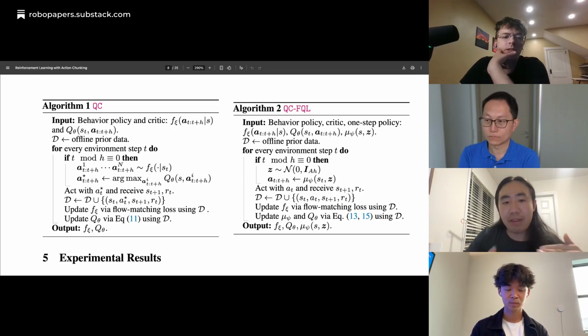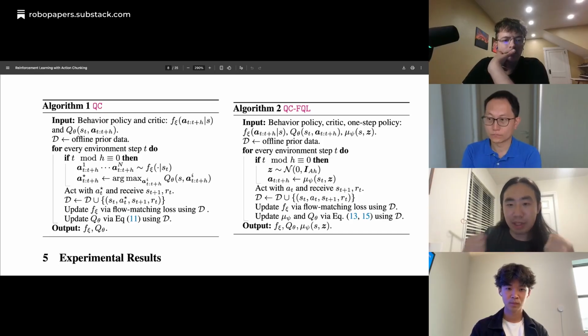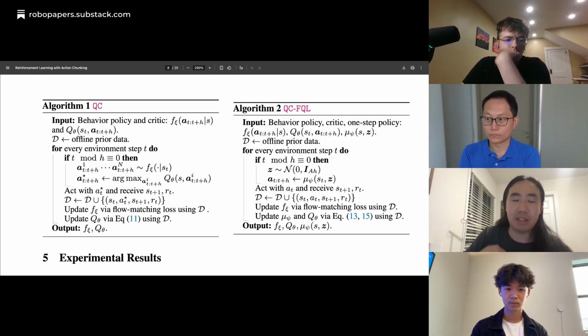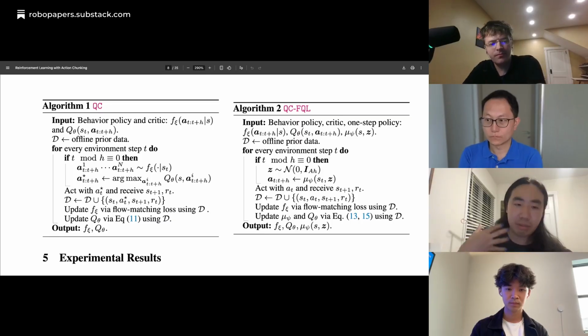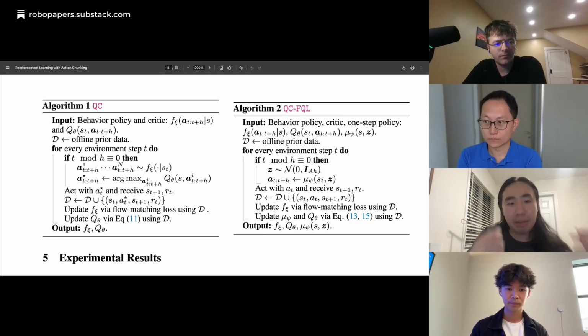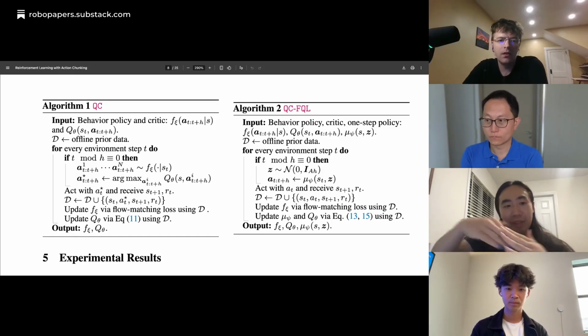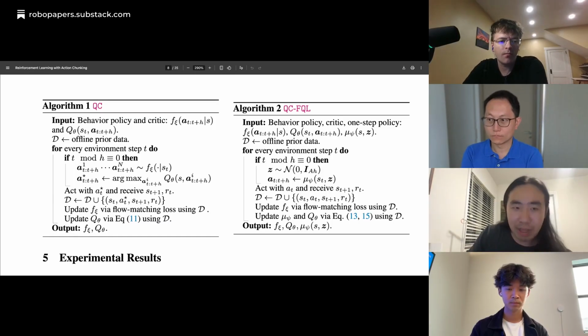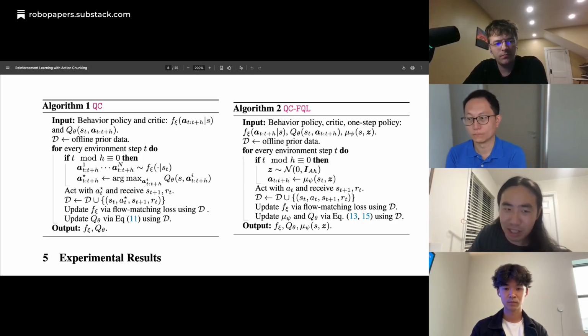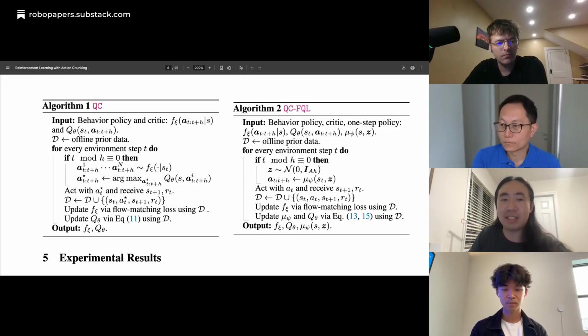And we do have a fine-tuning procedure where our behavior policy is continuously trained on the online data, in the sense that whenever you have an online rollout, the behavior policy is still trained on those as well. So it's technically improving over time. But in the paper, we never ablated if that actually matters, so it's possible that it is not needed. But in principle, our algorithm can gradually improve.